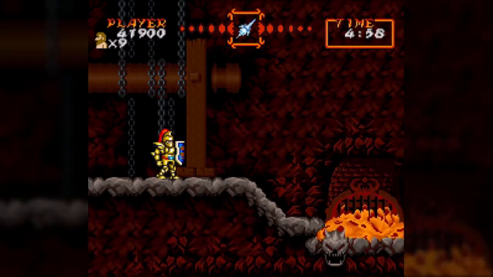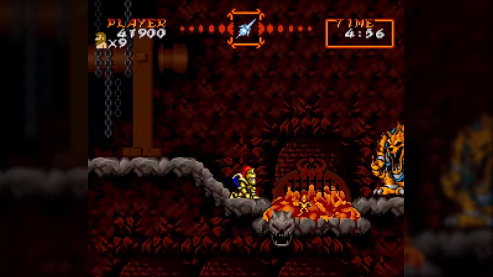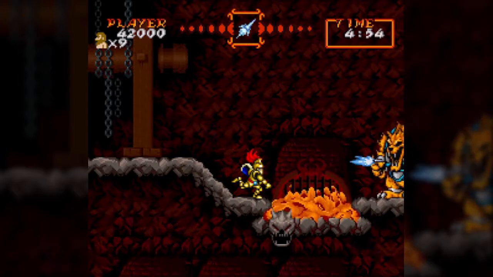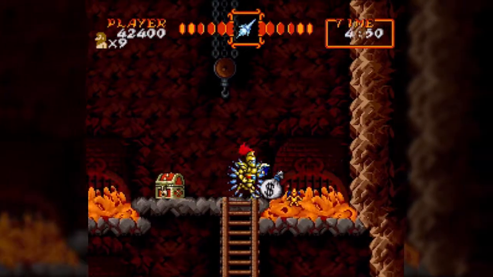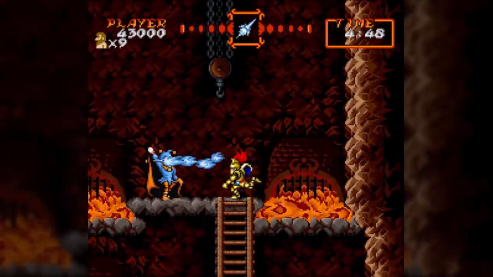Also, you might notice at the end of every stage it says nice catch. From my knowledge, that only happens if you touch the key at the end of a stage while you're holding up on the D-pad, and I'm not exactly sure why that's a thing. I don't think it gives you a point bonus or anything, so...